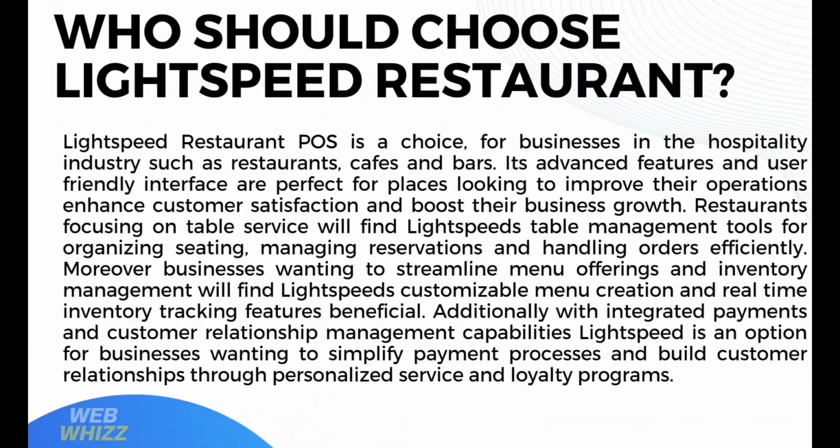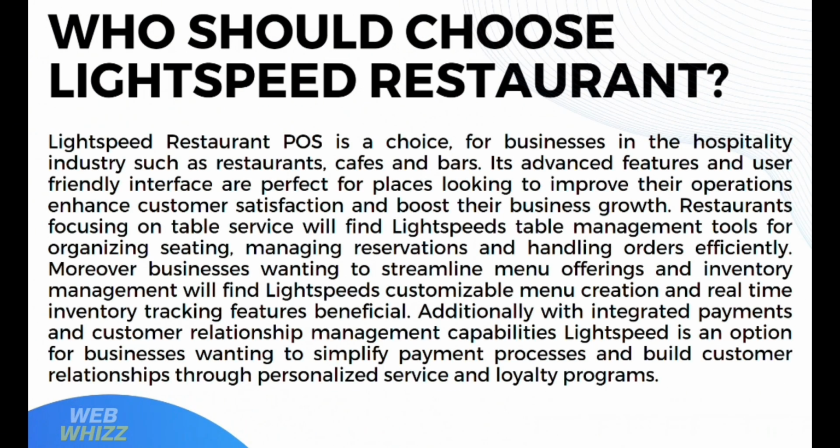But the question is, who should choose Lightspeed Restaurant? Well, Lightspeed Restaurant POS is a choice for businesses in the hospitality industry such as restaurants, cafes, and bars. Its advanced features and user-friendly interface are perfect for places looking to improve their operations, enhance customer satisfaction, and boost